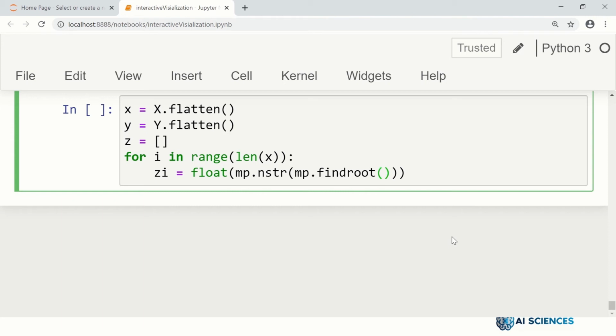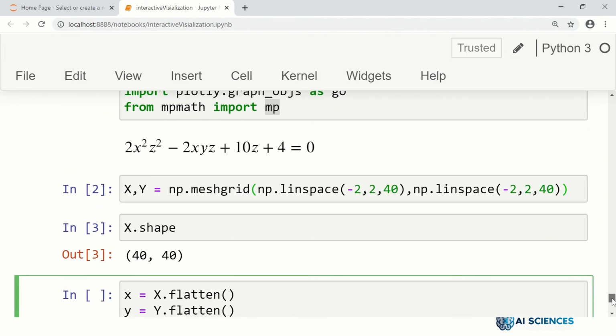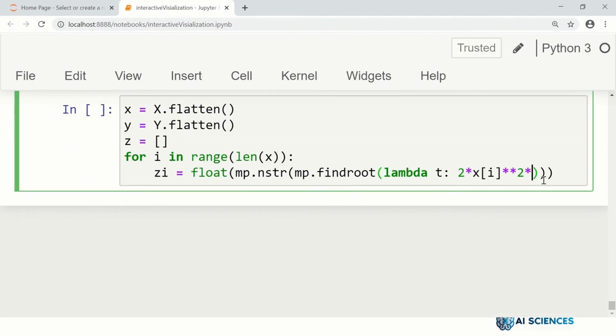So for example, lambda t is our, let's say, iterator variable for this particular function. And then what we do is we define this 2 * x_i, 2 * x_i square, 2 * x_i square * t. Here, think about this t as this z. So this t really is this z. This is the parameter of the final form of our